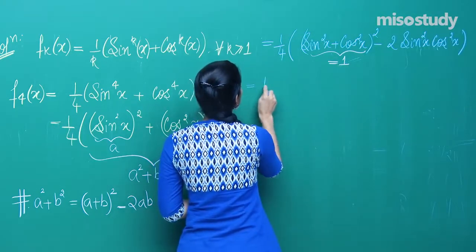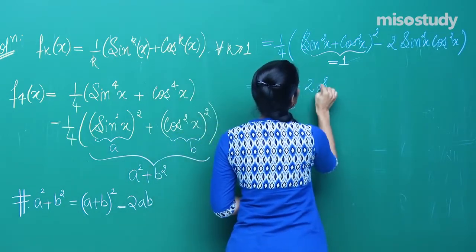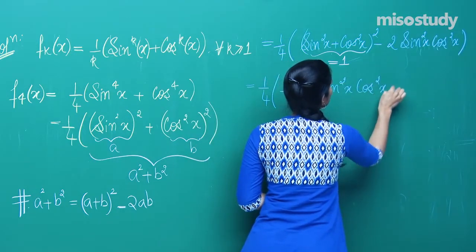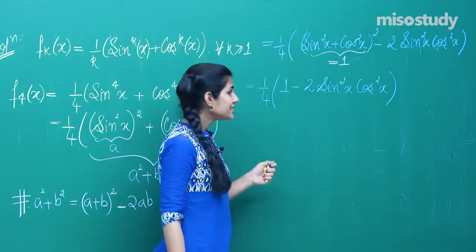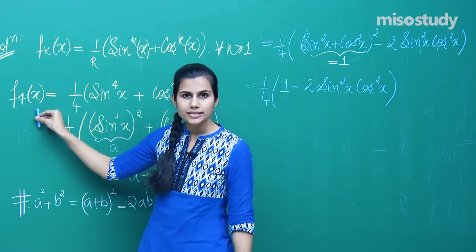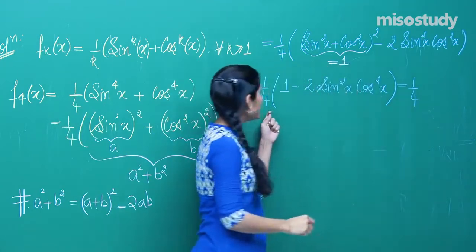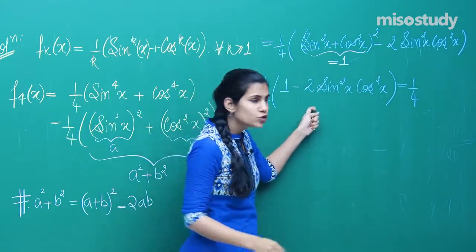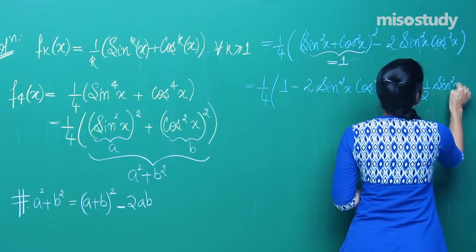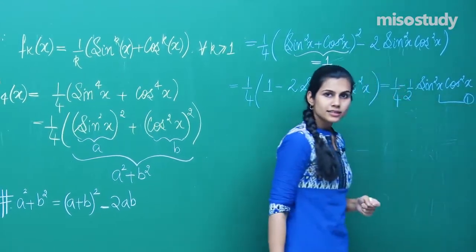So you get this to be equal to 1 minus twice of sine square x cos square x. This is what your expression turns out to be for f4x, which is nothing but 1 by 4 minus 1 by 2 sine square x cos square x. This is your